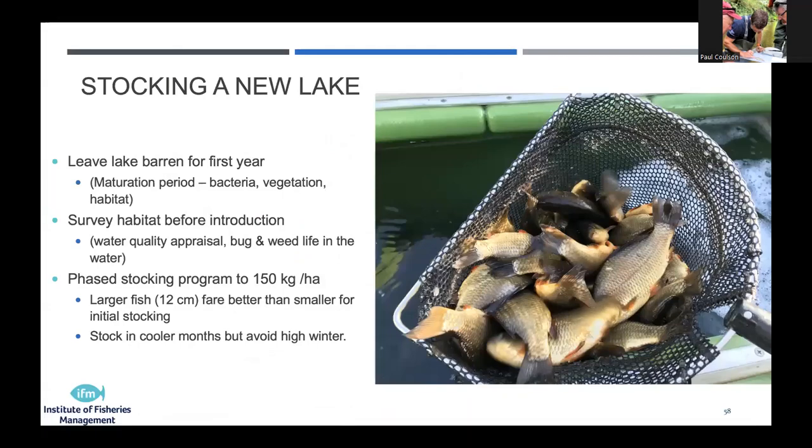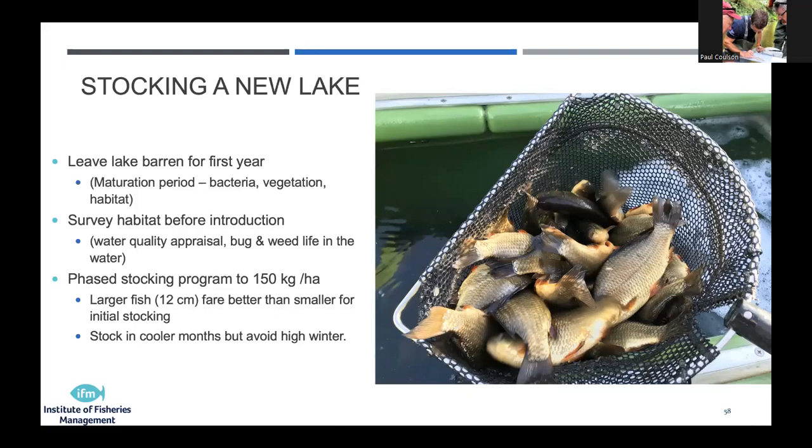So, just to finish, I wanted to look at when we are adding some new fish to a lake. So, adding some stock to a new lake, and again, looking at those pictures we touched on earlier, we really want to try and leave that lake barren for as long as we can. That maturation period really helps everything to develop. It helps the bacterial colonies to form, so we don't end up with things like ammonia spikes and nitrate issues. We can let the plants develop. These plants help with that nutrient cycling. We create the habitat. We can use that time for putting our pegs in, our paths in, letting things mature before the anglers get on the lake and start to fish for it.